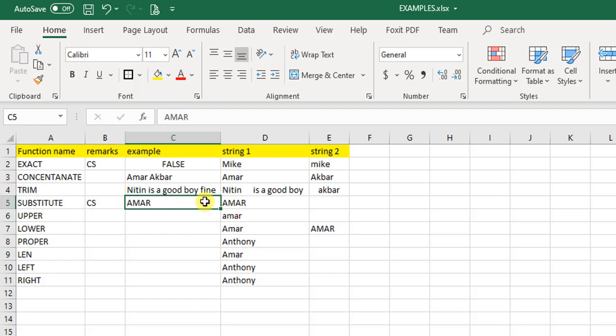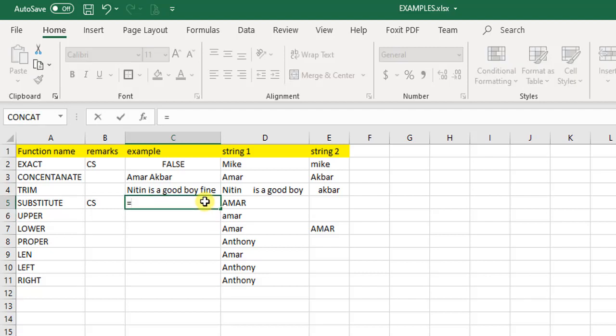What I will do here is say substitute, select this text, and a comma.